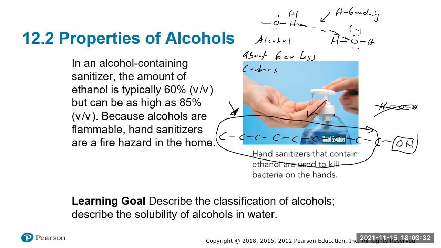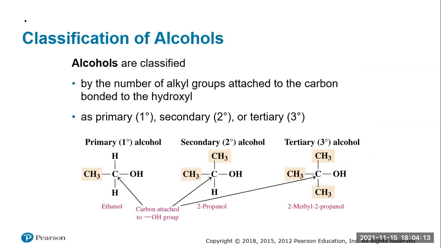So alcohols are definitely very soluble in water because they can hydrogen bond. They also typically have very high boiling points because they can also hydrogen bond. Remember, hydrogen bonding is a very strong intermolecular force, which means we see higher boiling points, for example, in water than you would in an alkane, which does not have the ability to do so. An alkane, for example, can only use dispersion forces, which are those really weak versions